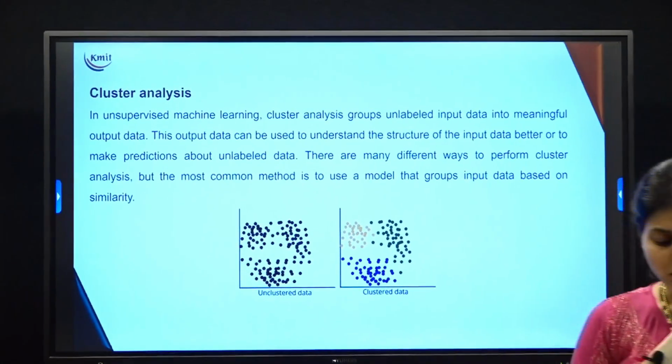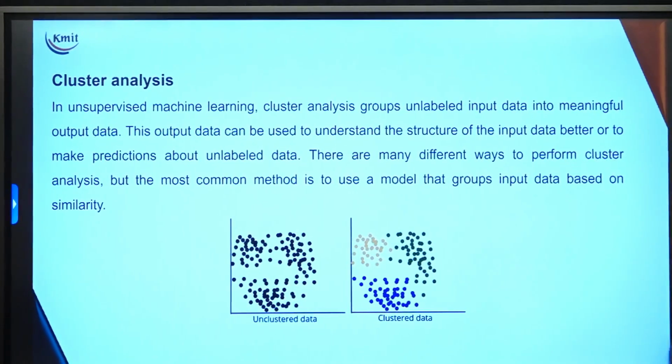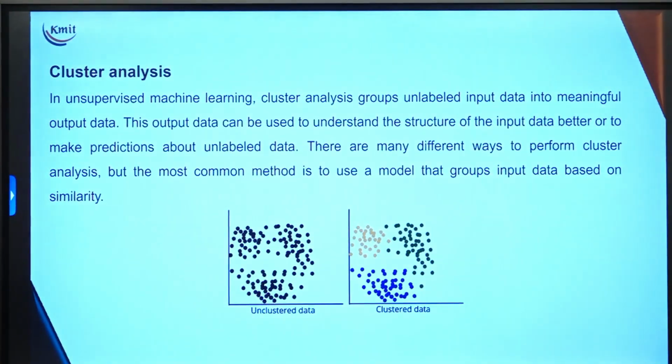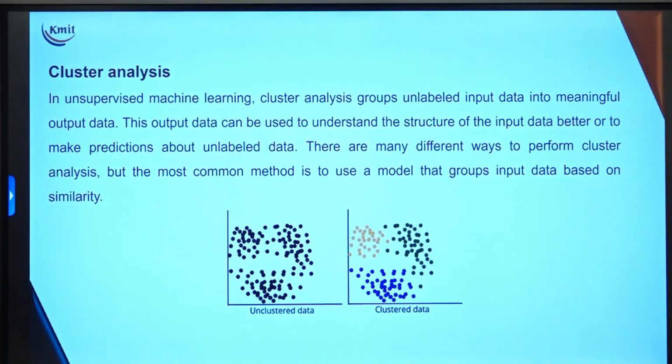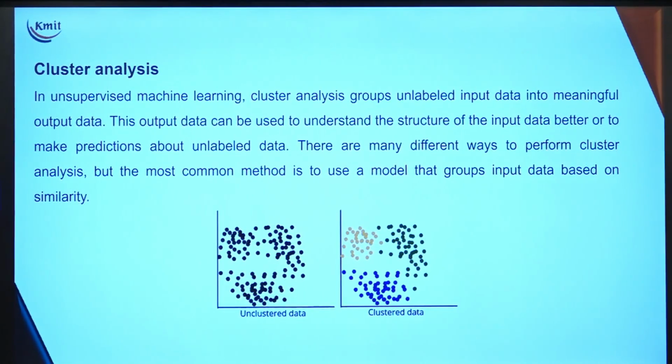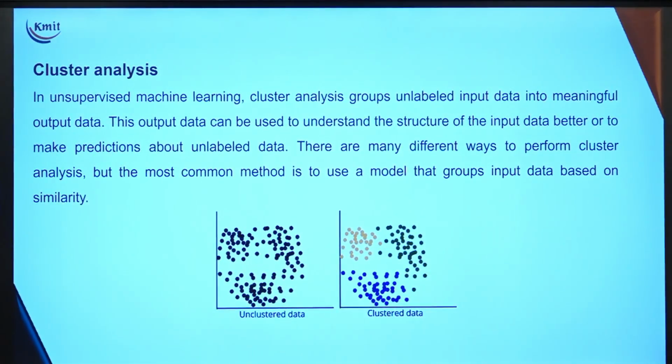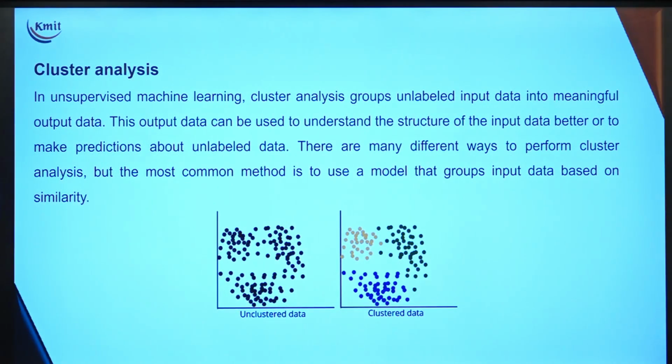So when we discuss cluster analysis, basically in unsupervised machine learning, cluster analysis is nothing but dividing the entire data into groups of data, which are called clusters. Cluster analysis groups this unlabeled data into some meaningful output data. As you can clearly see in the picture, I am converting the unstructured data into clustered data. When I talk about clustered data, it has a meaningful output, that is, the color representations are clearly